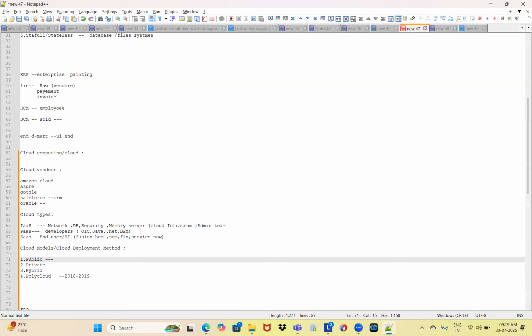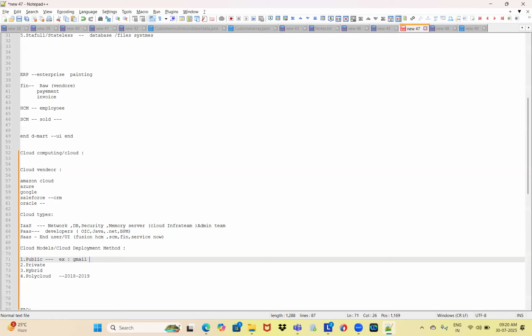They have very limited security. That type of application can be deployed in the public cloud, and everyone can access those applications. They don't have any security restrictions or user authentication. They will have one URL or something, they expose it, and anyone can use that application. For example, Gmail. Gmail is a public cloud application. Everyone can access Gmail. We just need to give some sign up information, the personal information.